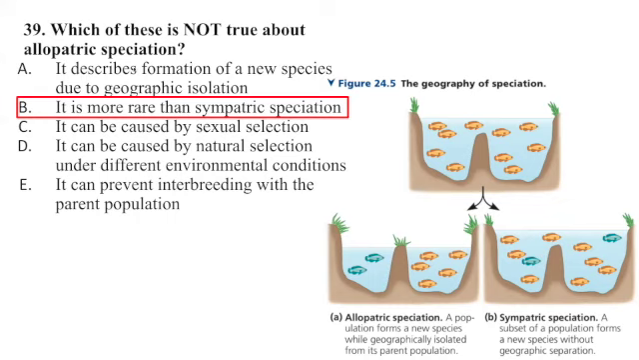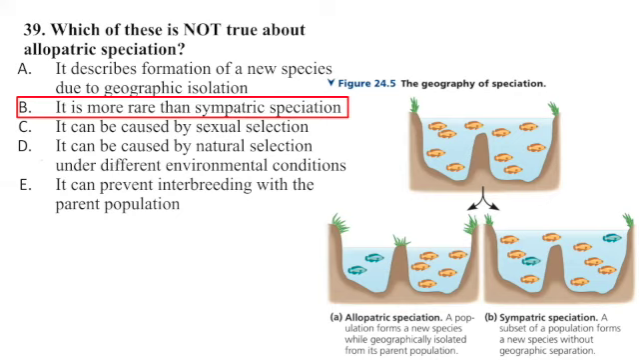And so A is correct, right? Because that is actually the definition of allopatric speciation. B is incorrect because, like I just said, allopatric is more common than sympatric. C would be sympatric speciation, could be caused by that. Let's see. It can prevent, let's see. So it can be caused by natural selection under